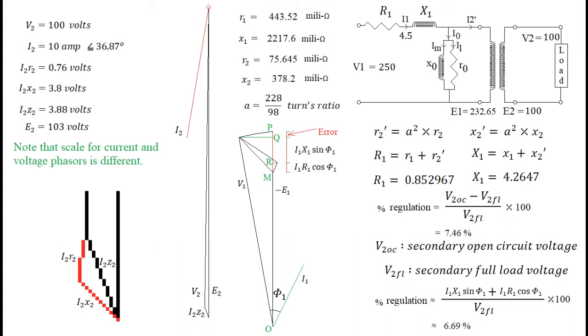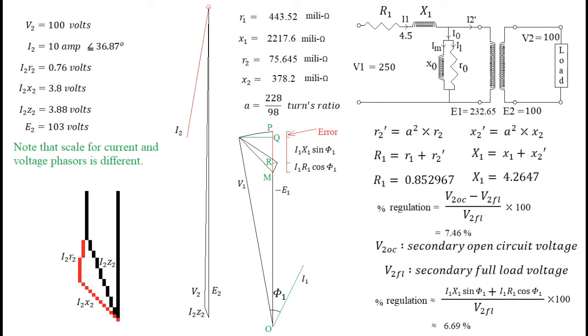When values are referred, the corresponding lumped elements are shown on the primary side and these are not shown on the secondary side. The effect of their presence either on the secondary side or on the primary side is identical. Once we refer them to the primary side, parameters may be added with the corresponding lumped elements of the primary side.